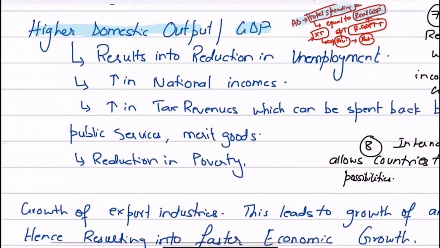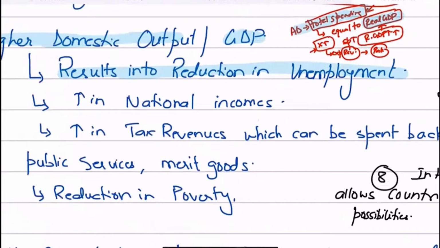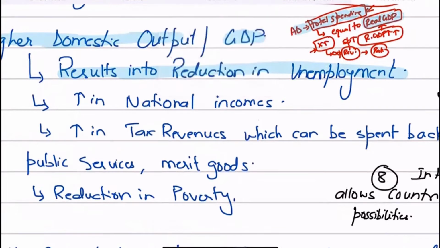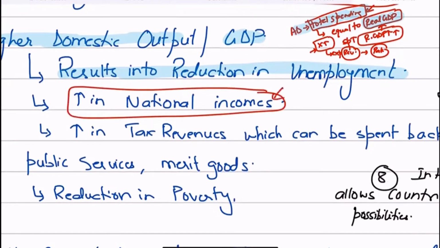Another economic advantage is that it also results in a reduction in unemployment. Why? Because obviously your export industry grows. If your export industry grows because you're exporting more, you need to produce more, and for that you need to hire more labor. So it results in a reduction in unemployment as well. Now, you won't really call this demand deficit unemployment, because it's just one industry, the export sector, that you're talking about.